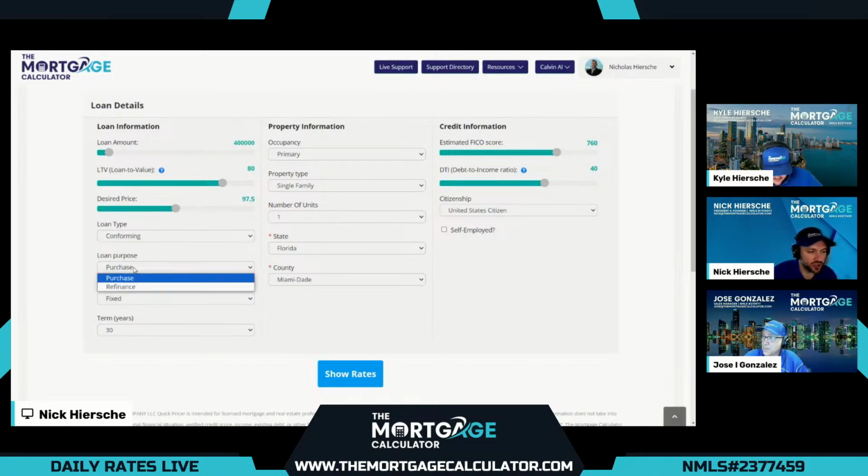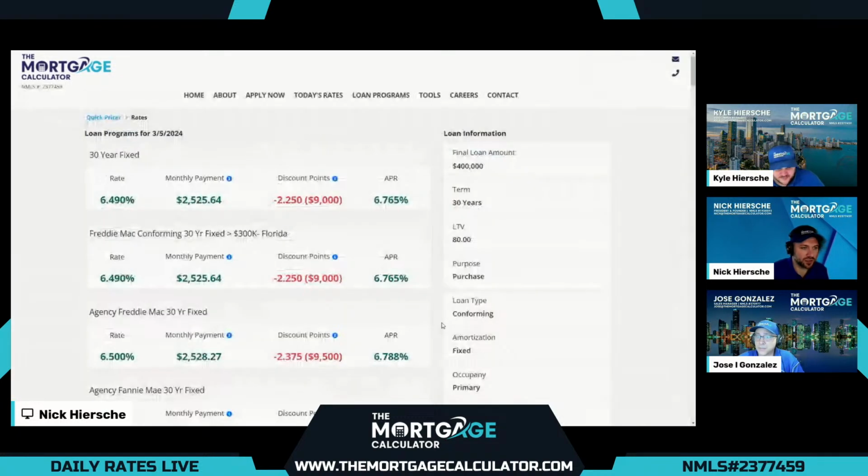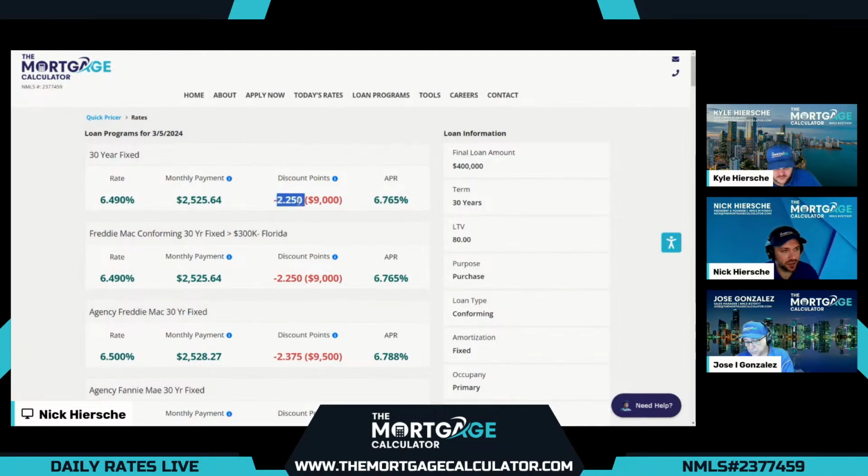We'll start with conforming conventional. We'll do purchase, 30-year fixed, primary occupancy, single-family home, 1 unit, state of Florida, county of Miami-Dade. And for all the demos, we use an estimated credit score here of 760, an estimated debt-to-income ratio of 40%. So let's see what the rates are showing this morning. All right, about the same as it was yesterday here, 6.49 rate, 2.25 discount points and costs, puts the final APR at 6.765. And hopefully we see some more downward momentum this week as we did towards the end of